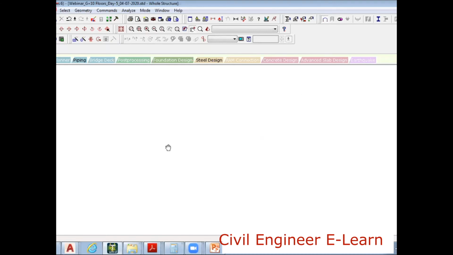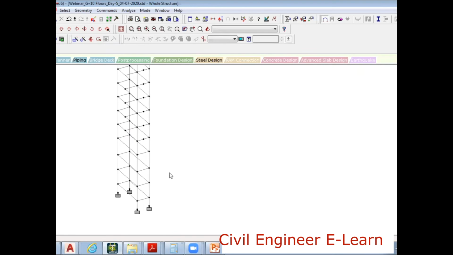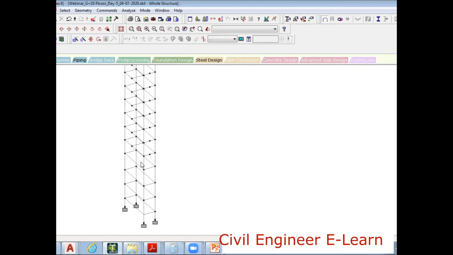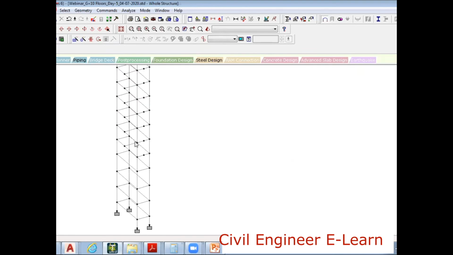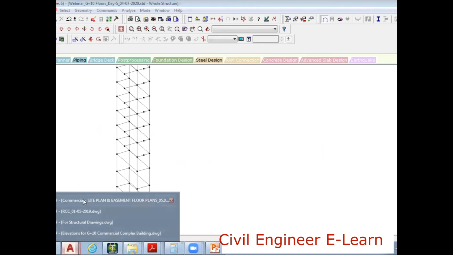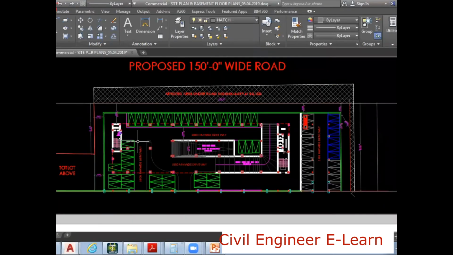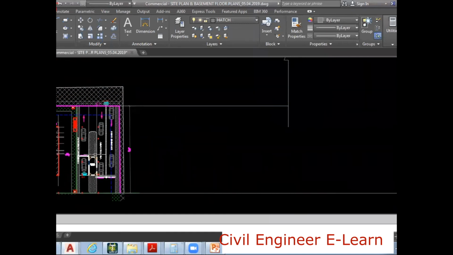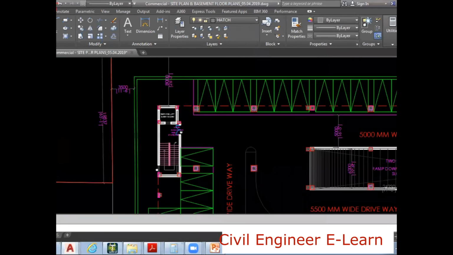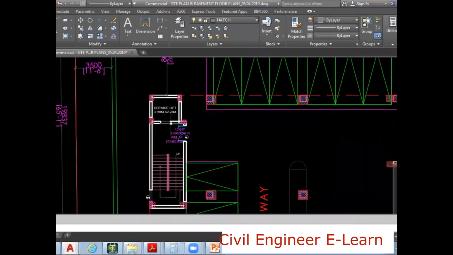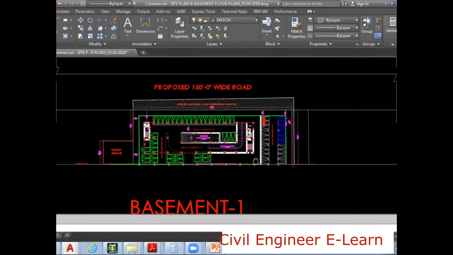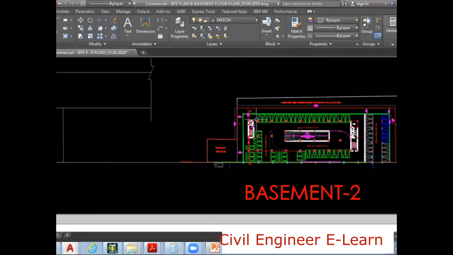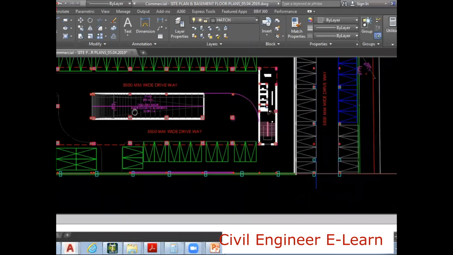Mid landing beam in the sense, see, I have to add a mid landing beam here. Where is this located? Let's check how the staircase is continued. This staircase is not there at the ground level, and this staircase is there at the basement level. Basement 1, basement 2, and then basement 3.